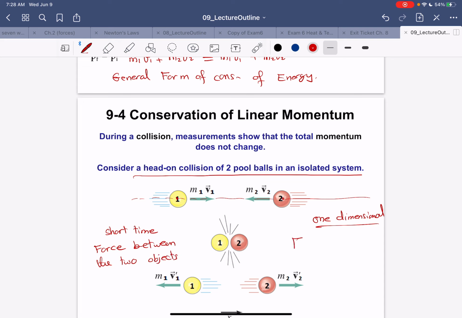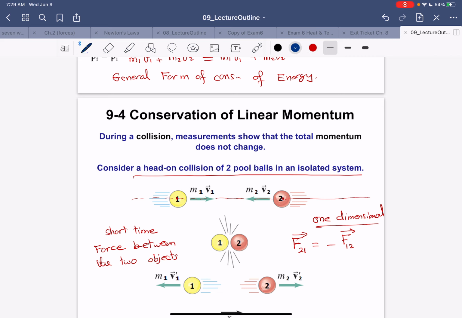This force, force 2 on 1, should equal force 1 on 2. In general, the two masses are going to be different, but regardless of the relation between the masses, and here I am talking about pool balls with equal masses,